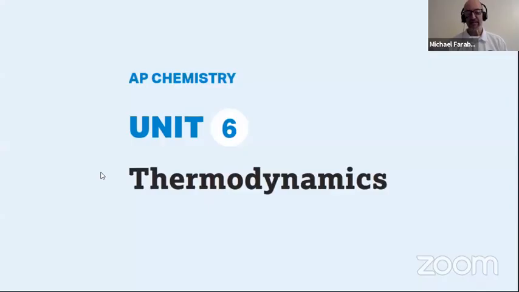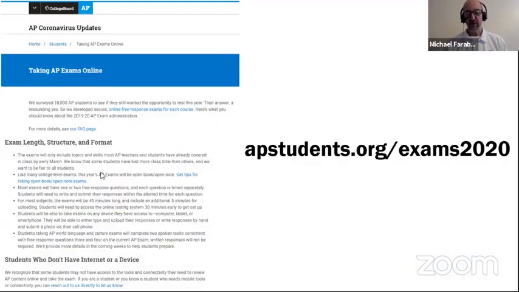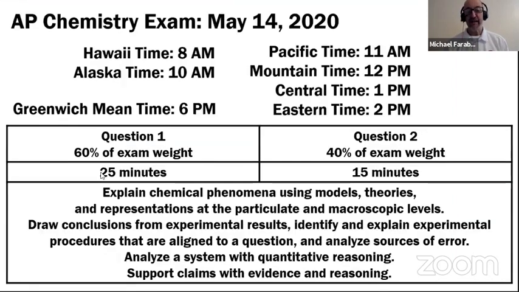Today, our lesson will start with Unit 6, Thermodynamics. Just want to remind you, as always, that you can go to apstudents.org/exams2020 to get more information about taking AP exams online this year. For AP Chemistry, your exam date is on May 14th. And as you can see here on the screen, it's going to be given at the same time. So depending on where you are in the world, you're going to be taking it at a particular time according